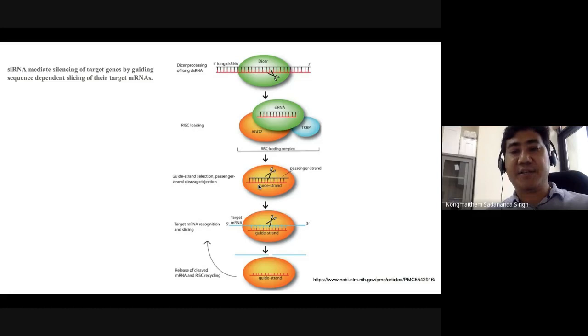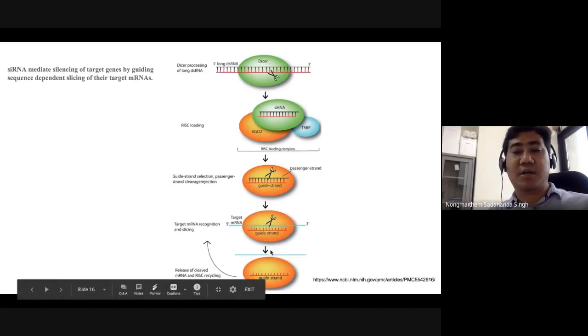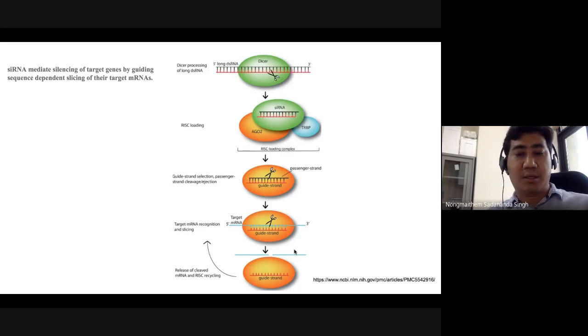There are different criteria, but we need not go into much detail there. So once that strand is degraded, the remaining strand goes and binds to the target mRNA with full complementarity, unlike the microRNA, which can have partial complementarity, and it cleaves the target